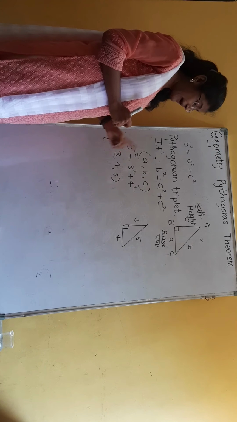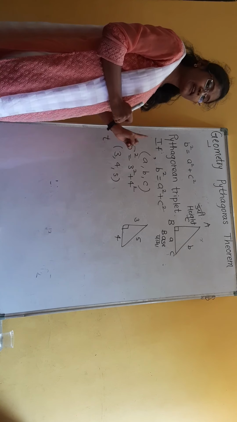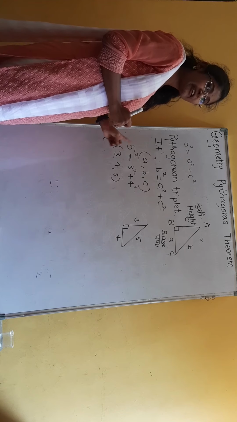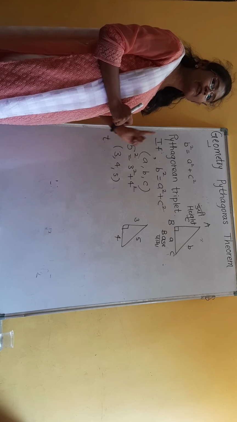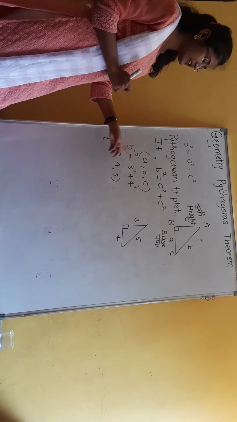And there is a magic, that is the only Pythagorean triplet which is in consecutive form. So, natural consecutive numbers